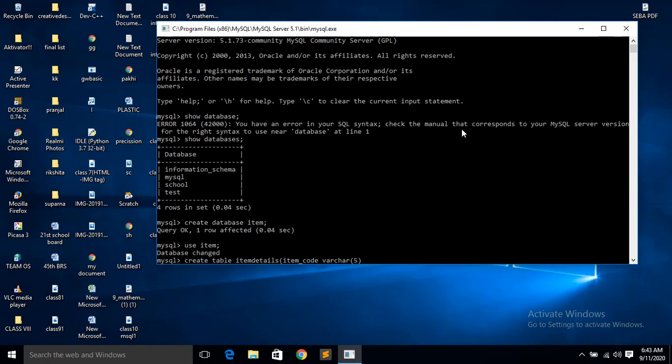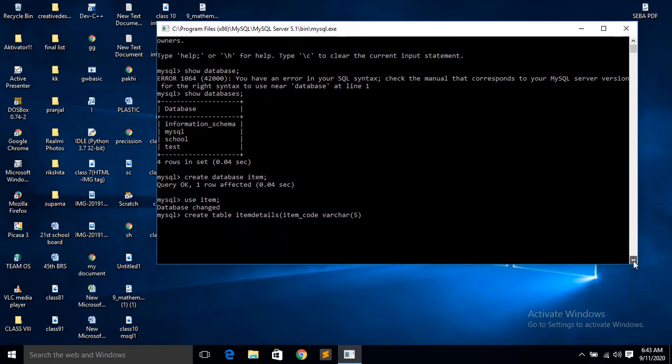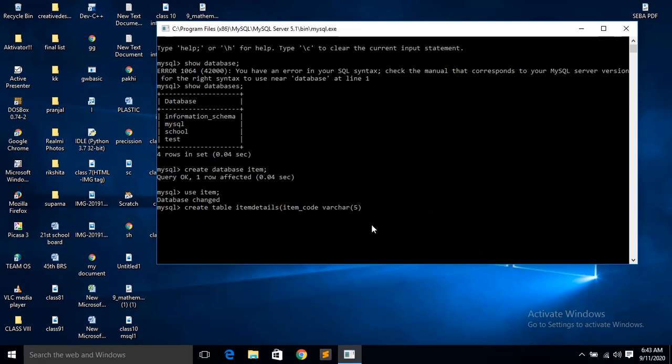Now if you want to set this item code as a primary key, then what you have to give? Let me scroll it so that you can see nicely. Create table item details, then bracket, item code, VARCHAR, then space again.